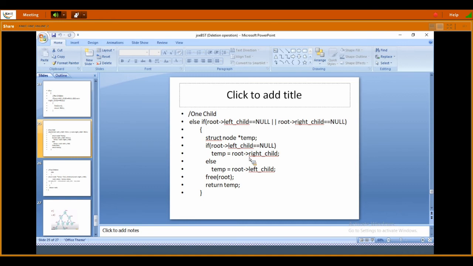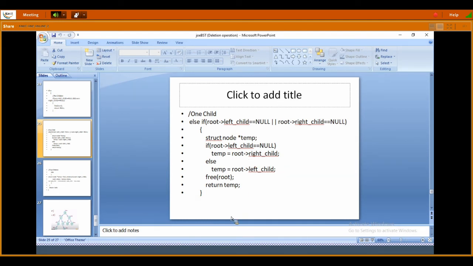Then what I am doing? Free of root. Root means the address of the seventh node, that is 100. I am removing it. Then I am returning temp. Temp is nothing but the address of node 9. I am returning it to the called function.